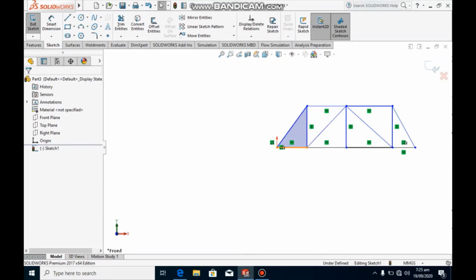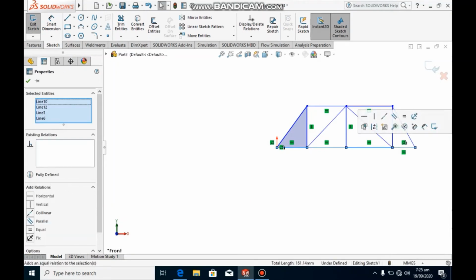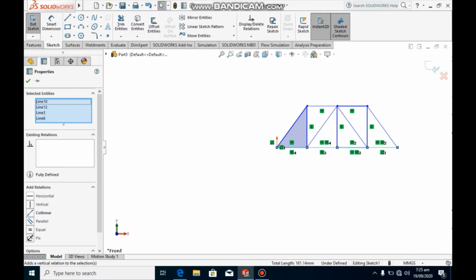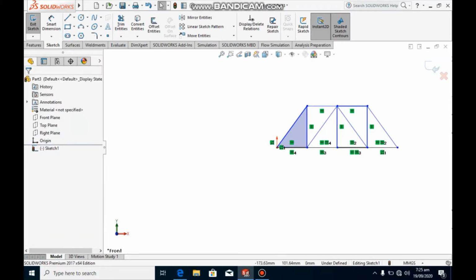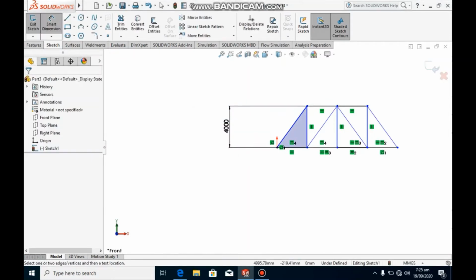Select all 4 horizontal lines and make the relation equal. Select smart dimensions, and the vertical dimension is 4000 mm and the horizontal one is 5000 mm.